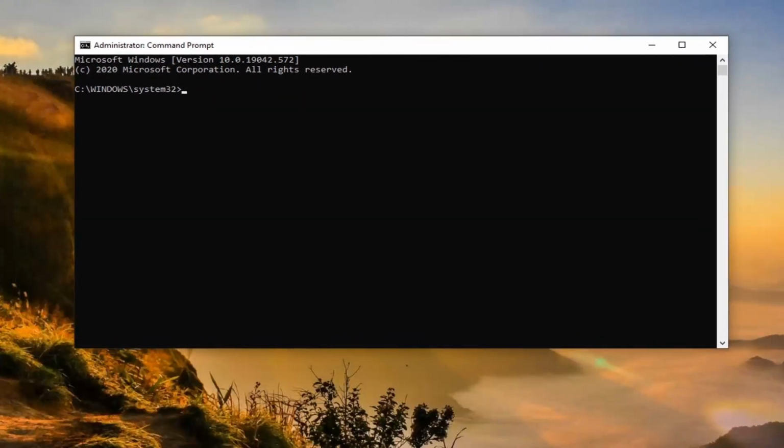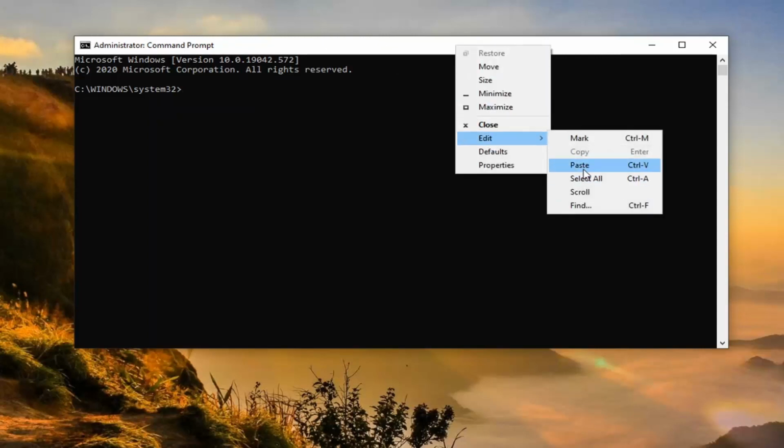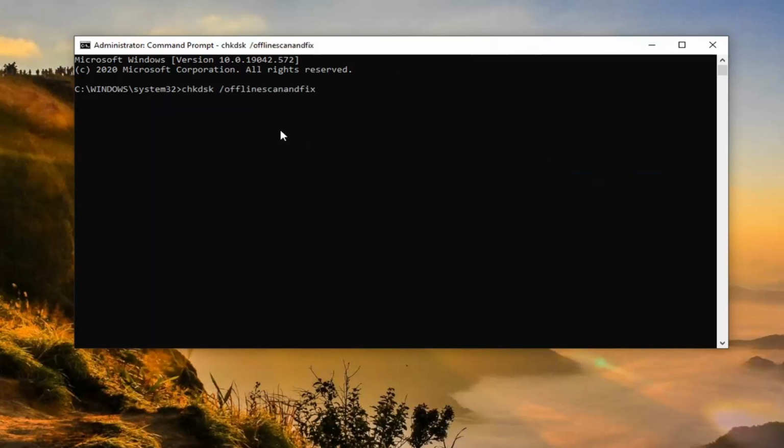Now I'm going to have a couple commands in the description of the video. The first one is chkdsk and then space offline scan and fix. So we're going to copy that into our clipboard and then go to the command prompt window here, right click on the top bar, select edit and then select paste to paste it in, hit enter and it'll begin